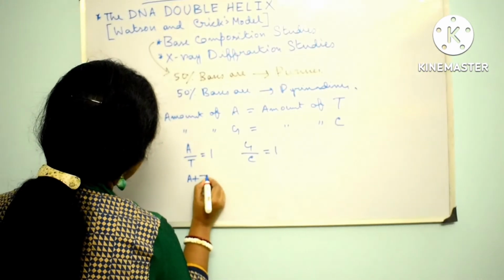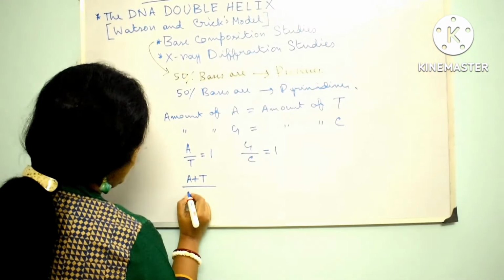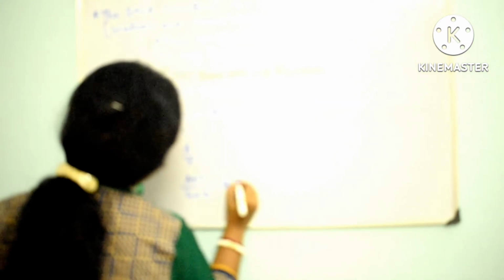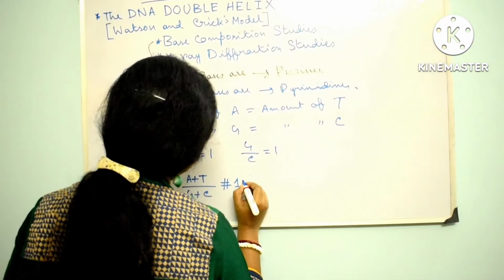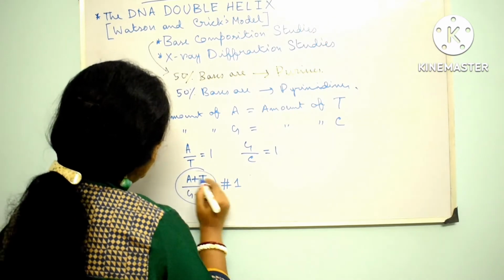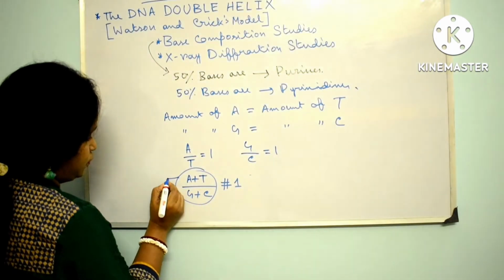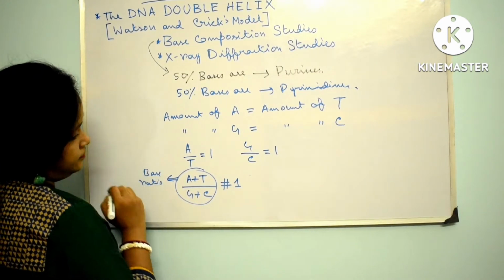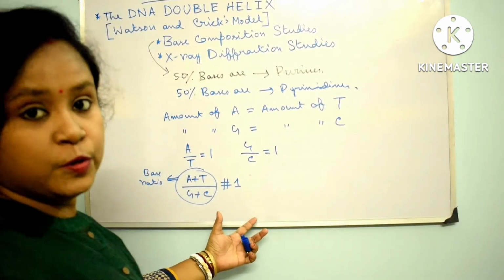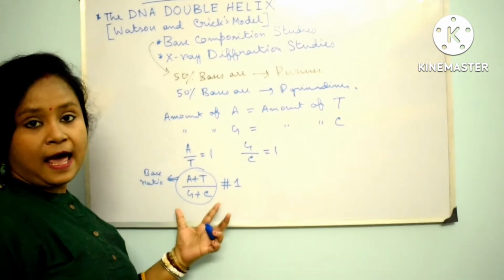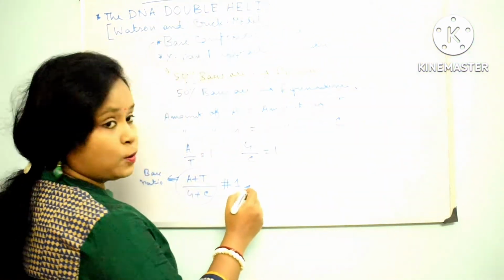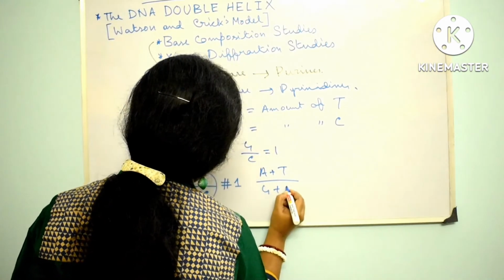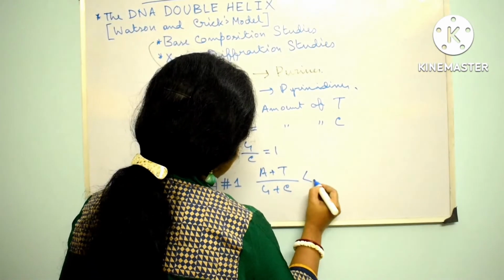But the ratio of A plus T to G plus C is not equal to 1. This is called the base ratio, the ratio of A plus T and G plus C. This is not equal to 1, and the A plus T to G plus C ratio is less than 1